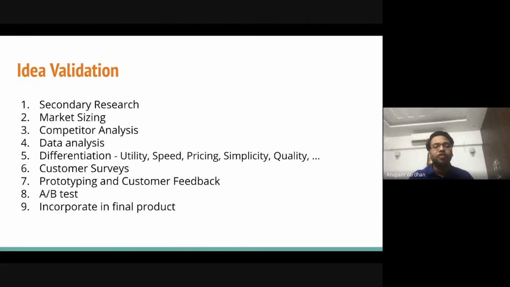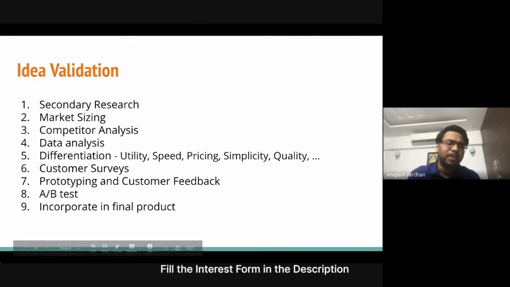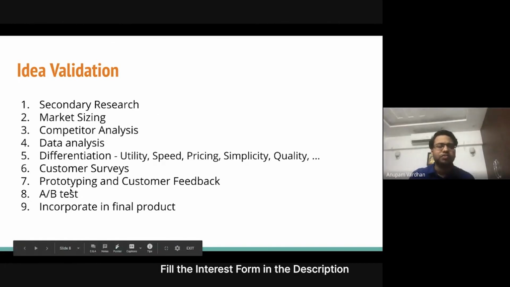It comes back more often, that segment of users, and maybe they are also transacting more on your platform, or they're doing some more activities. So that means the features you've built have been successful, right? That's what A/B testing is about, and finally you incorporate it in the final product. So this is the whole process you go through in product management, right?